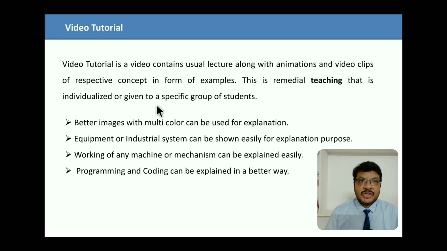In this video tutorial you can add multicolor beautiful pictures in the form of PPT, and you can insert relevant examples of huge structures or buildings, and the working of machines and mechanisms you can explain with the help of simulations and animations. For mechanical and civil engineering people, and for electronics and electrical people also, where machinery and mechanisms are there, you can easily explain that with the help of simulations and animations.